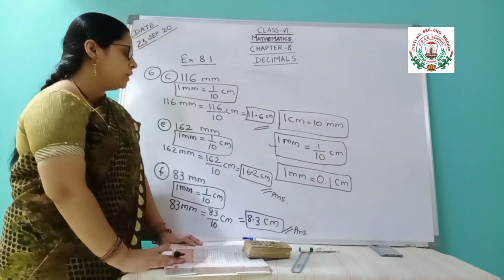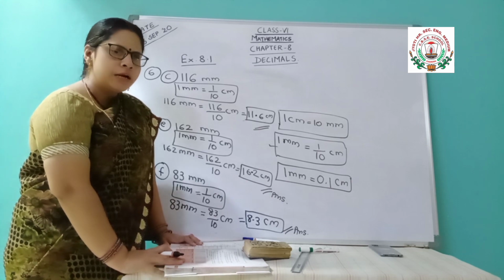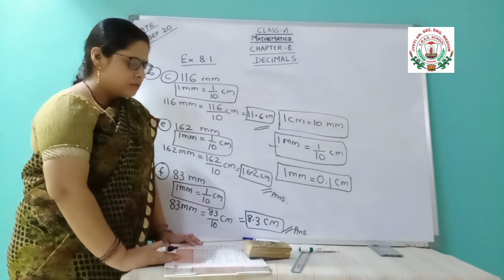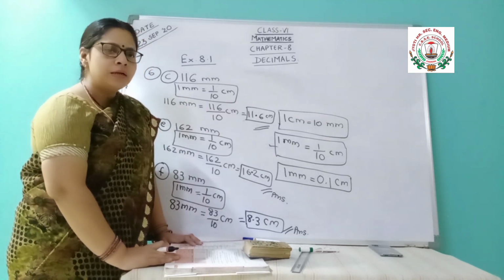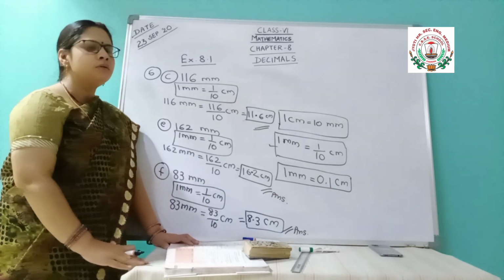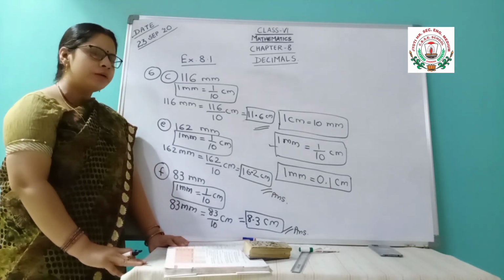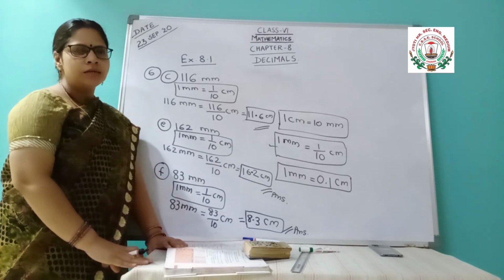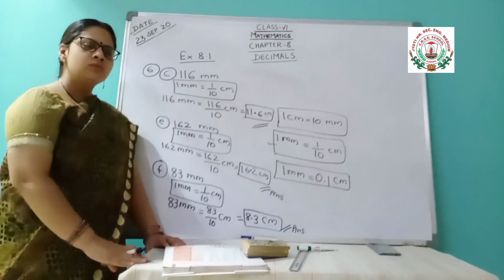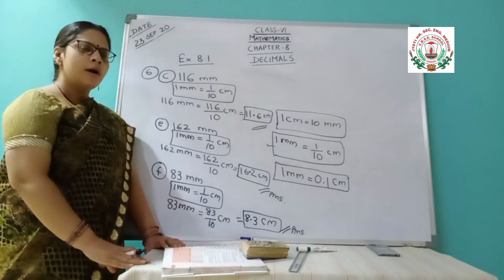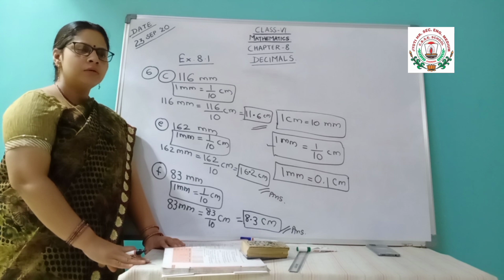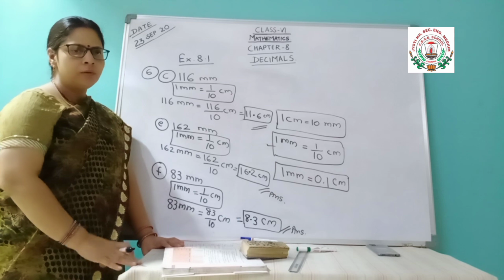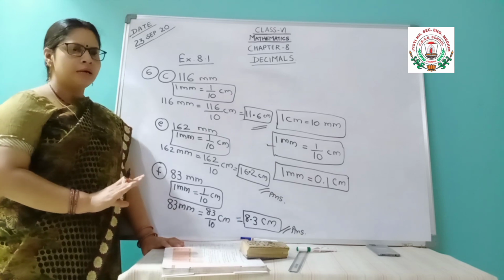Means millimeter and centimeter. Likewise, I can change the question and give it to you. Like here, centimeter to millimeter is asked. Suppose I give meter and centimeter, then you know that 1 meter is equal to 100 centimeter. So in the same way, you have to do the conversion factor. Sometimes I may ask you kilometer and meter. So you should know the conversion factor: 1 kilometer is equal to 1000 meters. In that way, this same method will be applicable there. Only the conversion factor will be a little different.